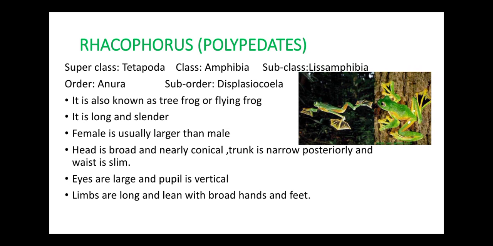The body of Rhacophorus is long and slender. The female is usually larger than the male. The head is broad and nearly conical. The trunk is narrow posteriorly and the waist is slim. The eyes are large and the pupil is vertical. Limbs are long, lean, and broad. Hands and feet